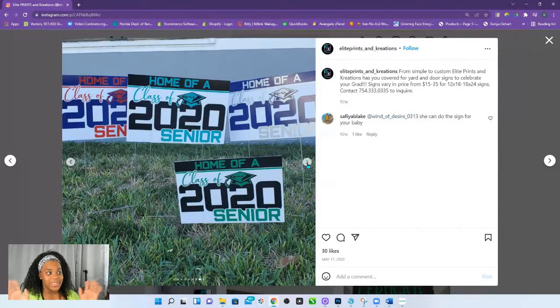Nothing more, nothing less. This particular person purchased them and she wanted them all the same. She just wanted them in different colors because she was going to put them in the yards of all the different seniors that she knew. So she didn't need one of their pictures on the same exact one. Just give me a bunch of different colors. There's not even a school name on there. It's just the colors.